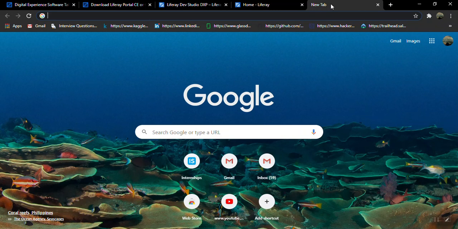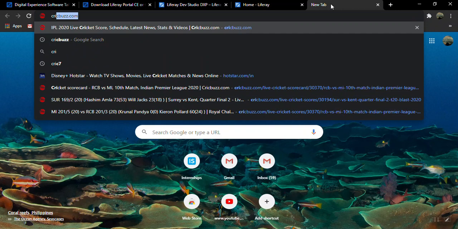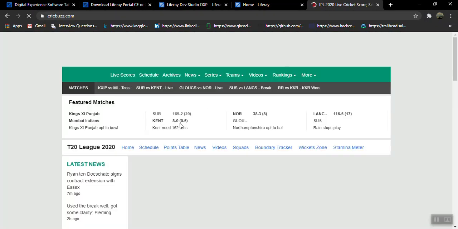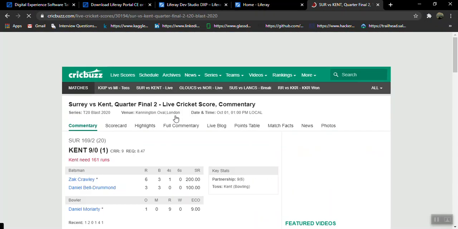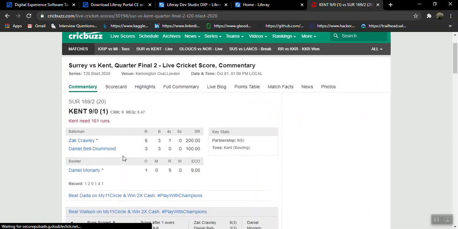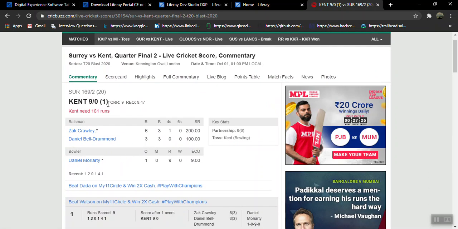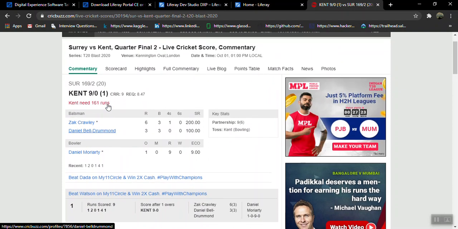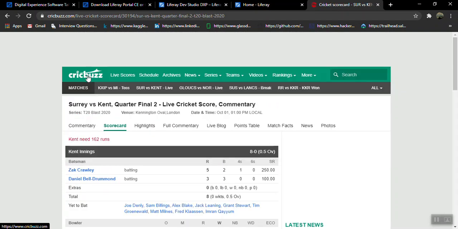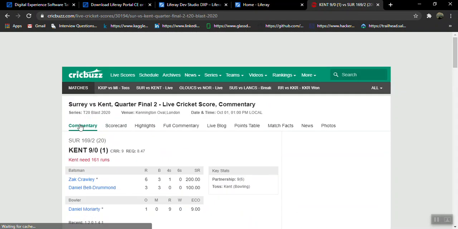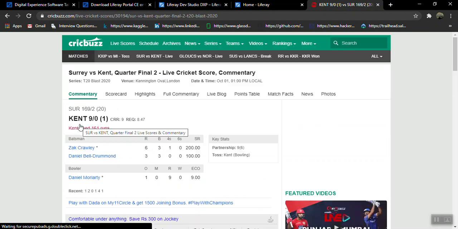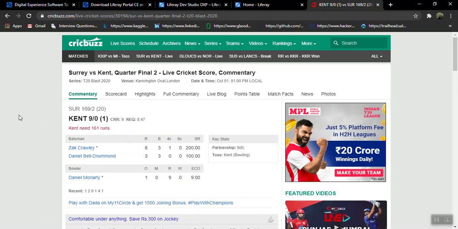So if you take Liferay in daily life, we have many applications which are using Liferay technology or portlet technology. If you take the example of Crickbuzz, if you want to view a score of a match, for every ball we are getting a scorecard and a commentary. Ball by ball we are getting it. We don't require any refreshing of our page. The page is refreshed automatically and we are getting our results at the correct time.